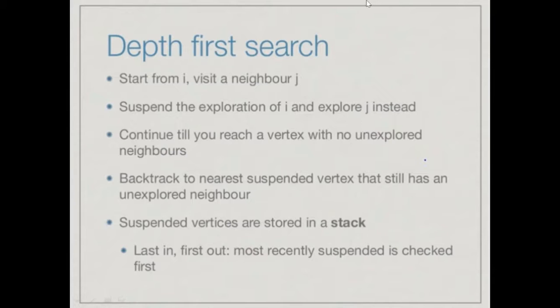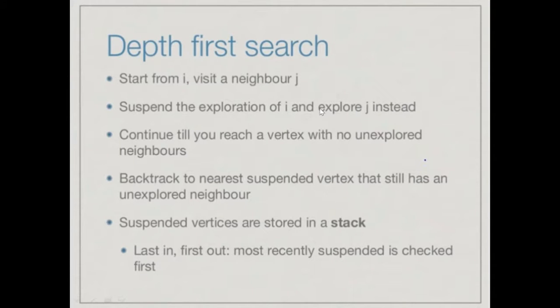Now, depth first search. In this approach, we will not visit each and every neighbor of a particular node called I. We'll start with a node called I, and that node could have any number of neighbors, and I will name any particular neighbor J. In breadth first search, according to BFS rules or algorithm, we have to visit each and every neighbor of I, that is for each J.